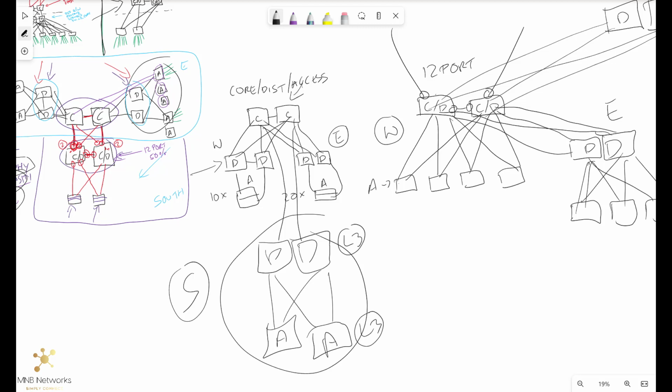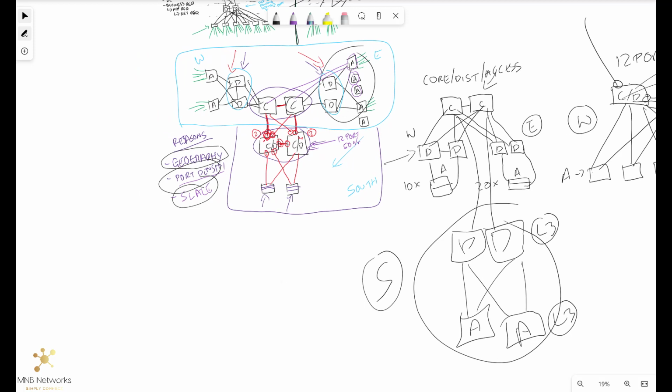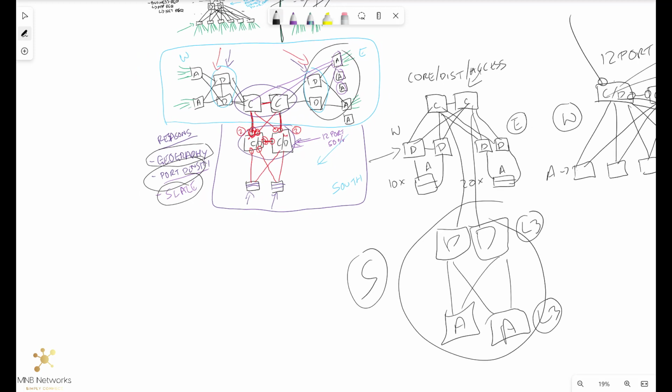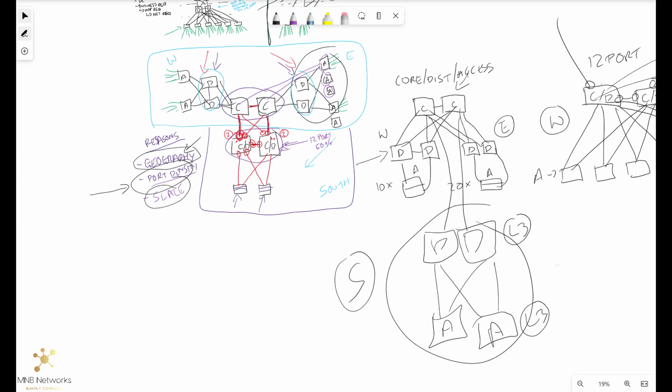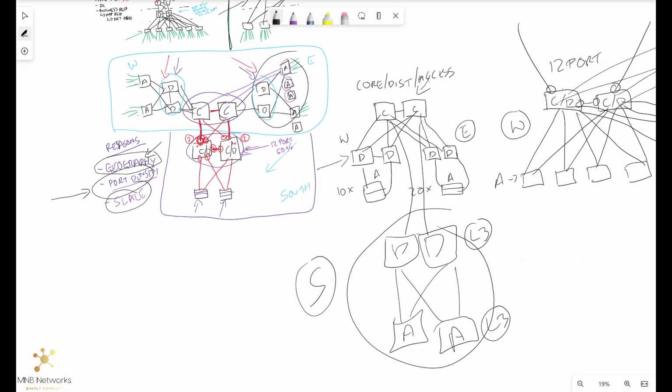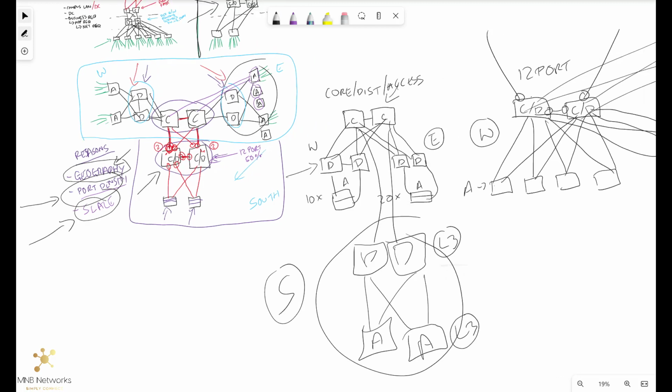The main things that you need to think about in this core distribution access are geography or location, number of ports or port density in the core or the collapsed core distribution switch, which is this design here,